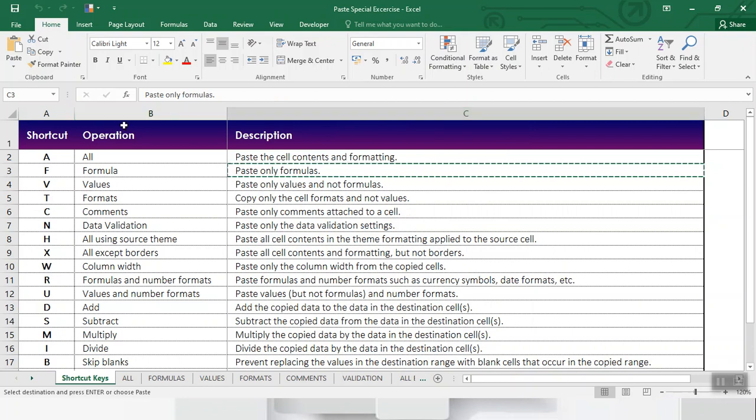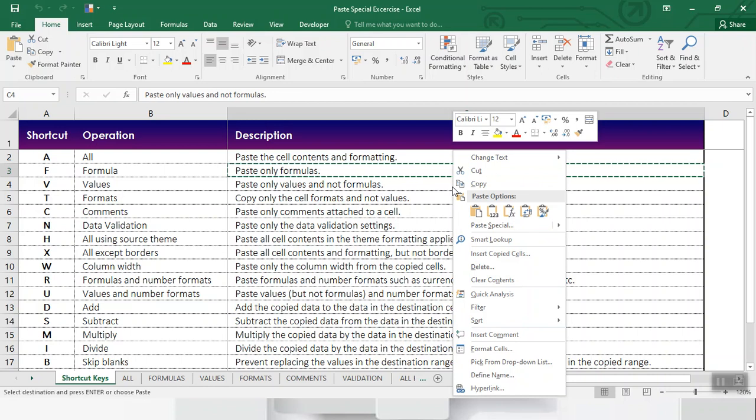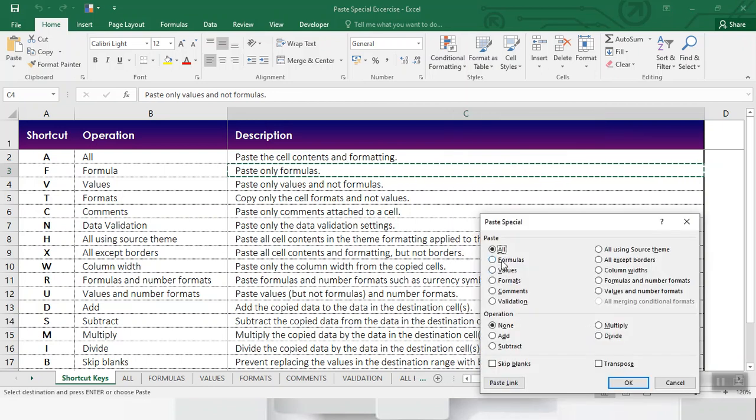Here is the list of the shortcuts. To paste the cell content and formatting, press Alt E, or you can also right click, go to paste special, and then all.